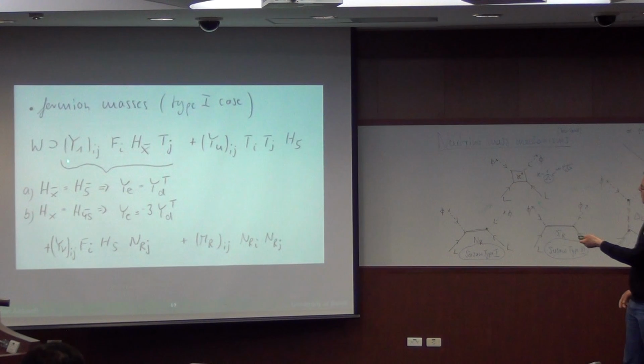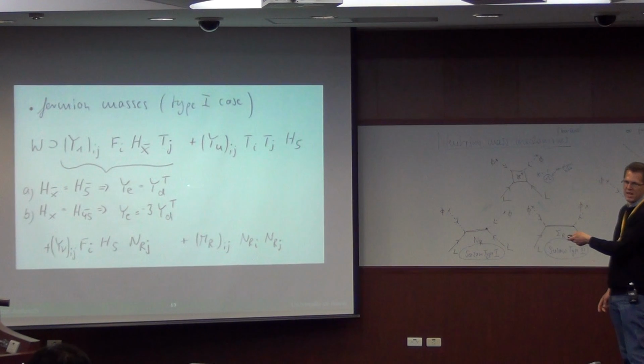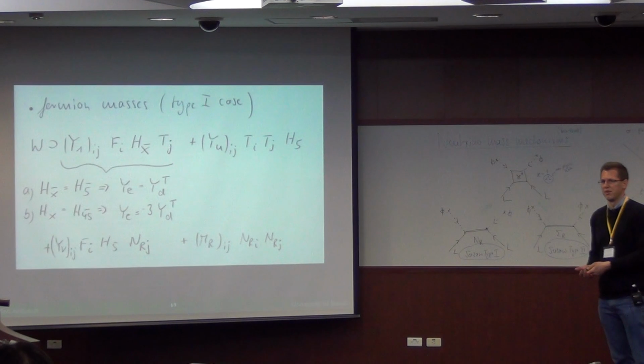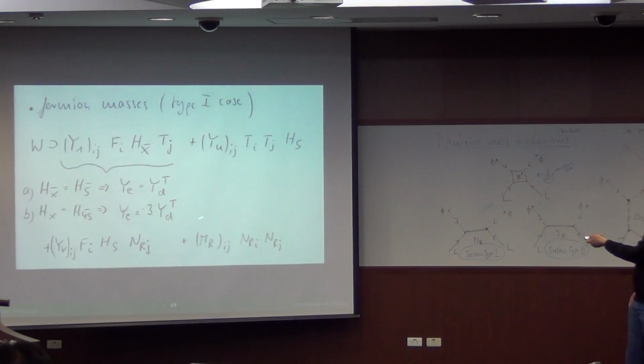But here you have the separation, and depending on whether you use the 5-plets or the 45-plets, you get either the fact that Y_E is equal to Y_D transpose, if you have only elements which use these fields, and then this accounts only for certain elements of the mass matrix, of course. Or you get this factor of -3 here if you have 45-plets. And in addition, you may write down here the Yukawa couplings for the neutrinos and mass terms for the neutrinos. So I've chosen here a type 1 seesaw mechanism, but you can also choose type 2 or type 3, and these options are present. Okay. Now,